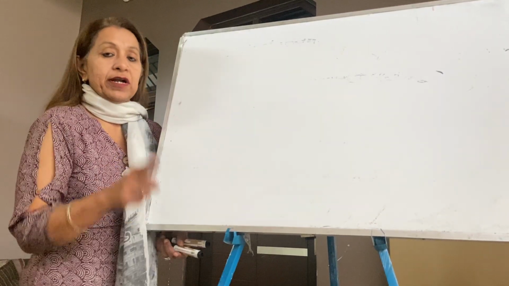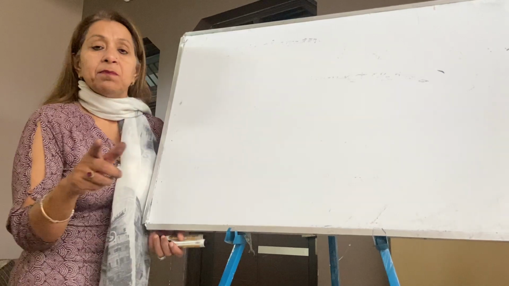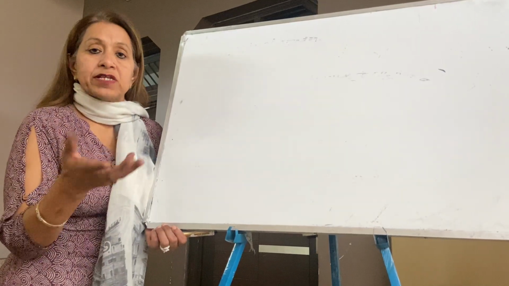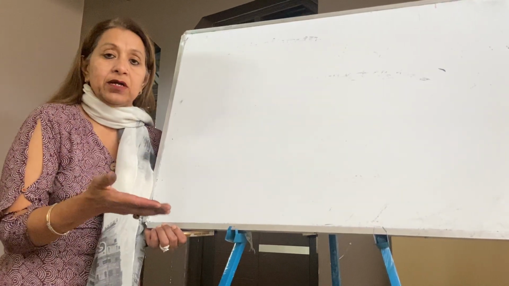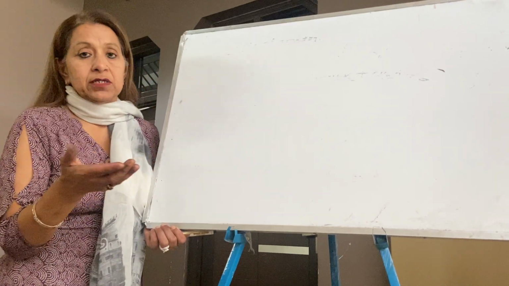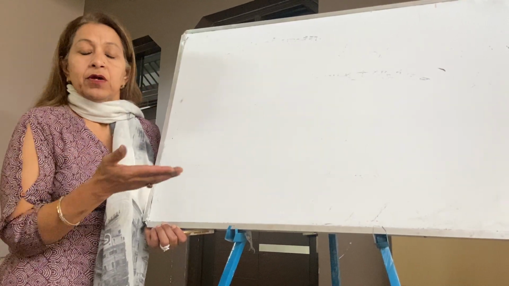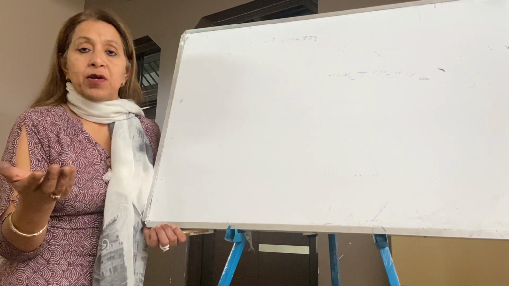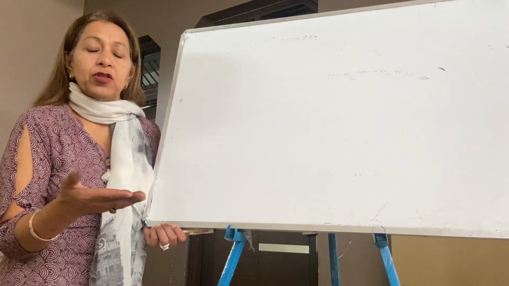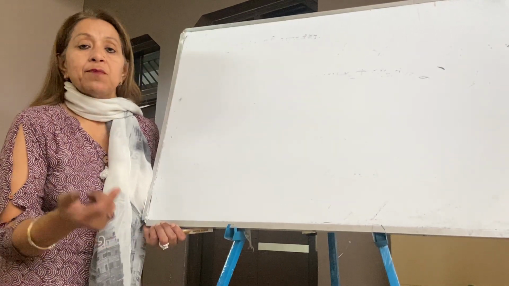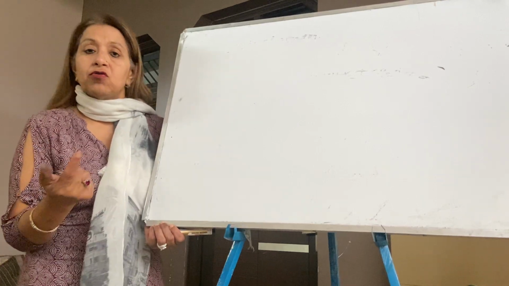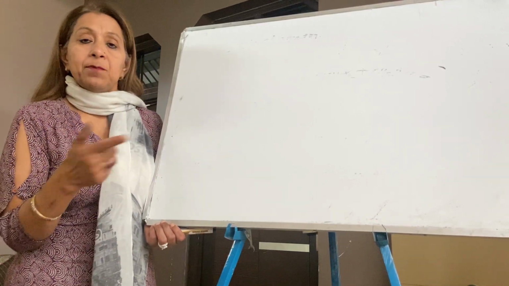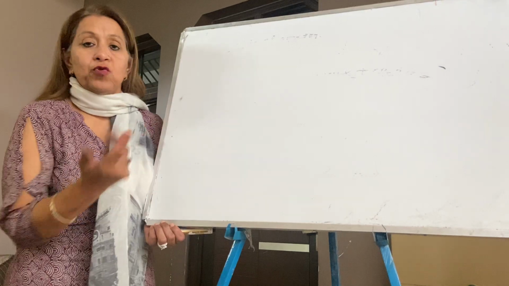Now what I taught in this chapter is very simple. The first topic was matter. What is matter? What is the physical classification of matter? Chemical classification of matter, laws of chemical combination, 4 laws, 3 laws related with numericals, Dalton's theory, modern theory, Avogadro's hypothesis, atomic mass and molecular mass, mole concept, empirical formula, molecular formula, and today's topic.